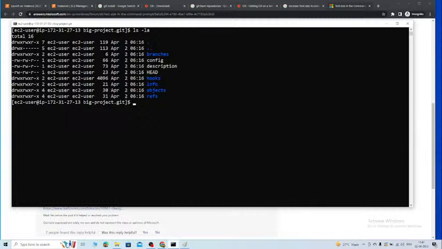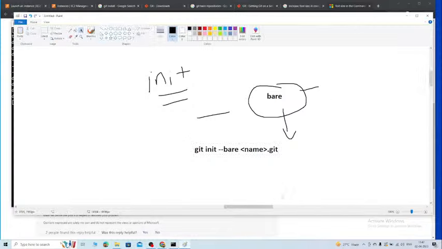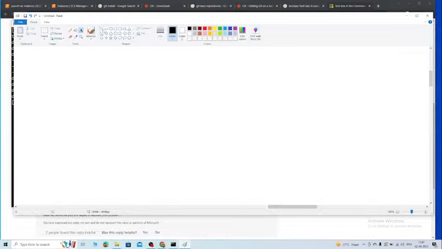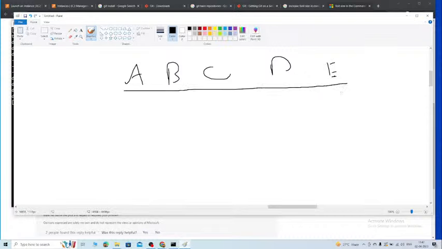As we have discussed, n number of developers are there. A developer A, developer B, developer C, D, E. But obviously, how can we know which respective developer pushed what? This is version 1, version 2, right? Let's say we have fixed some JavaScript in this. Let's say we have fixed some Node.js code in this. We have fixed some Express code in this. Now I need to track who made these respective commits,